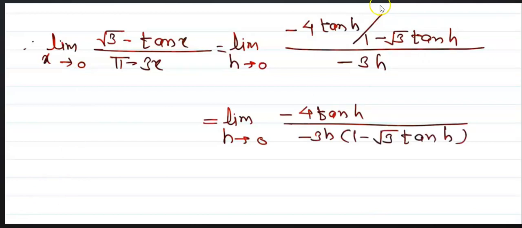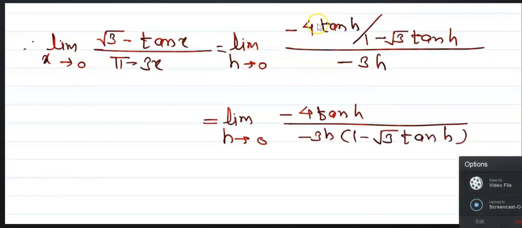Now see this. That is, limit h tends to 0 of (minus 4 tan h upon 1 minus root 3 tan h) upon minus 3h. Now this simplification is again important. That is minus 4 tan h upon minus 3h, in bracket 1 minus root 3 tan h. Again I am repeating here. This is the x tends to pi by 3. Now next step is